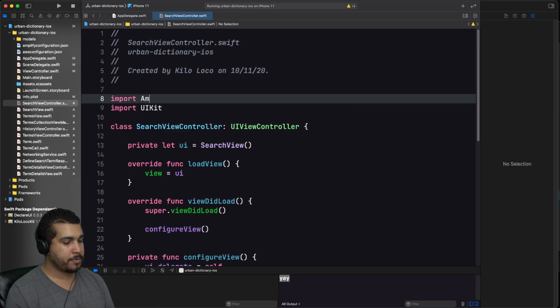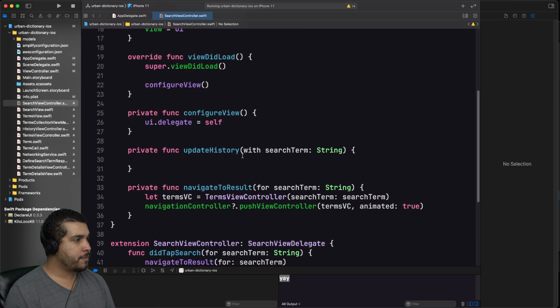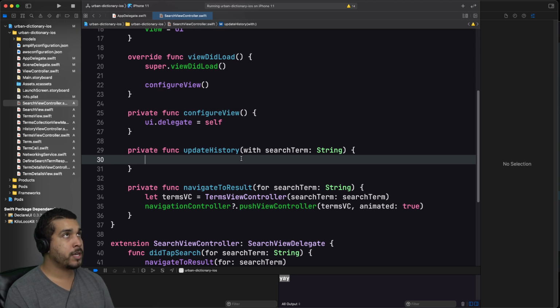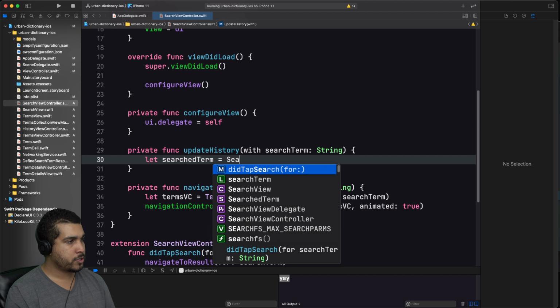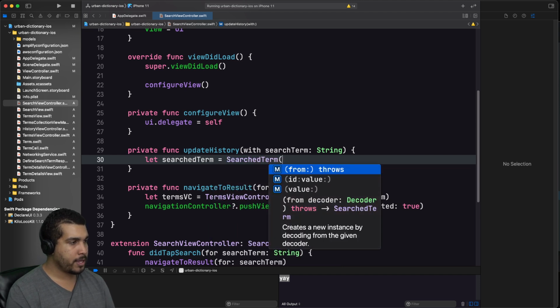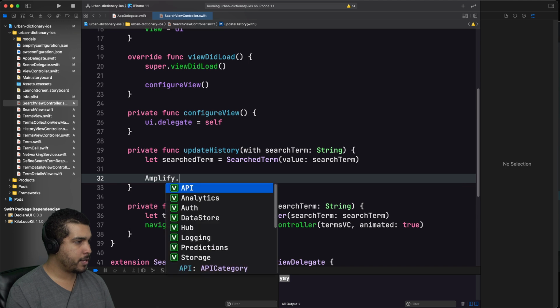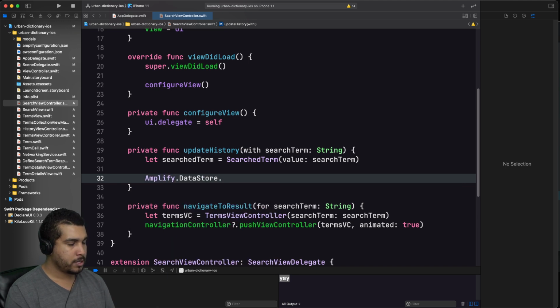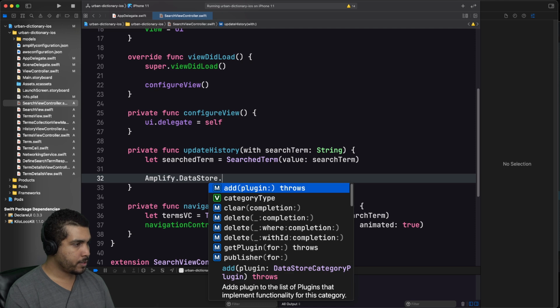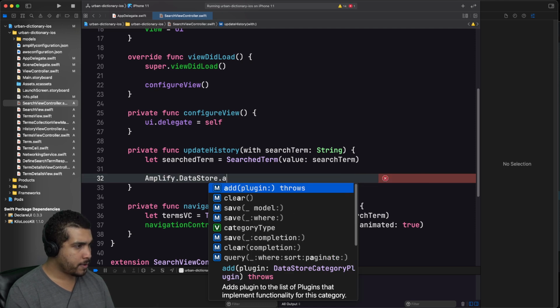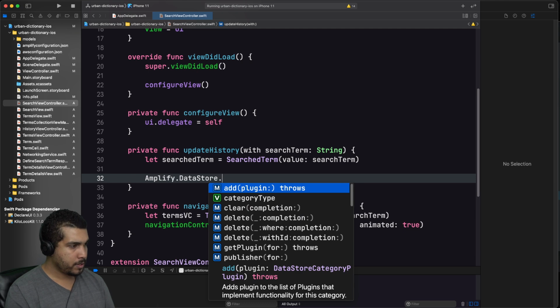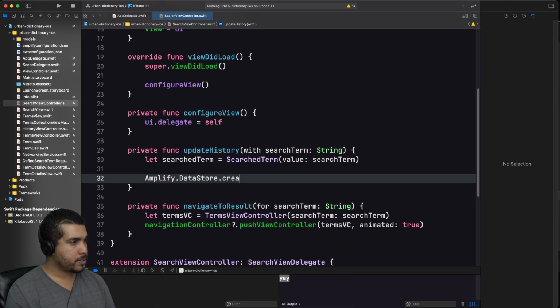So I'm gonna import Amplify, and now whenever I search for something, I'll go ahead and create a new search term. Let search term equals search term, like that, and we'll initialize it with just a value, search term, like that, and then we can just say amplify dot data store dot